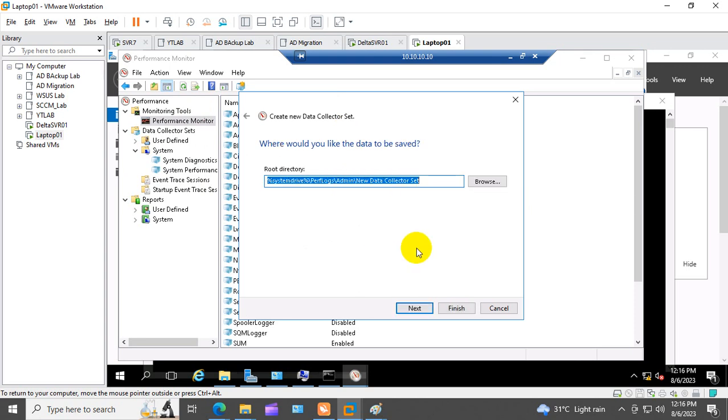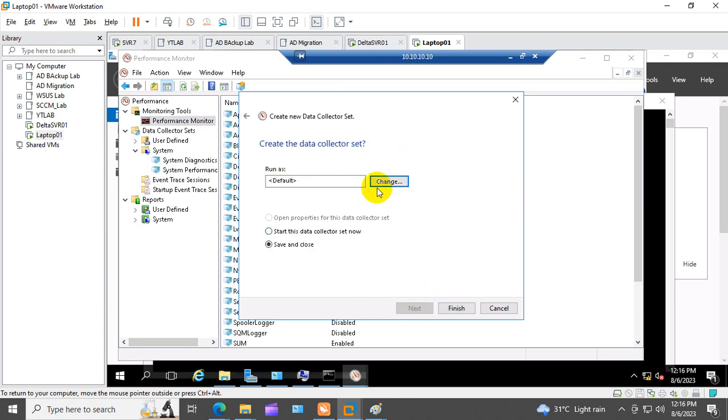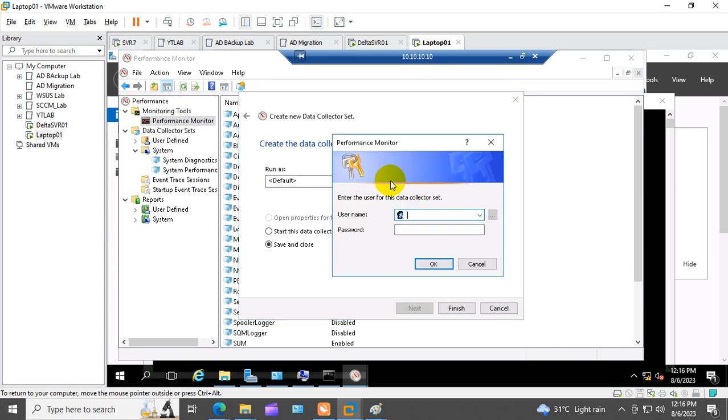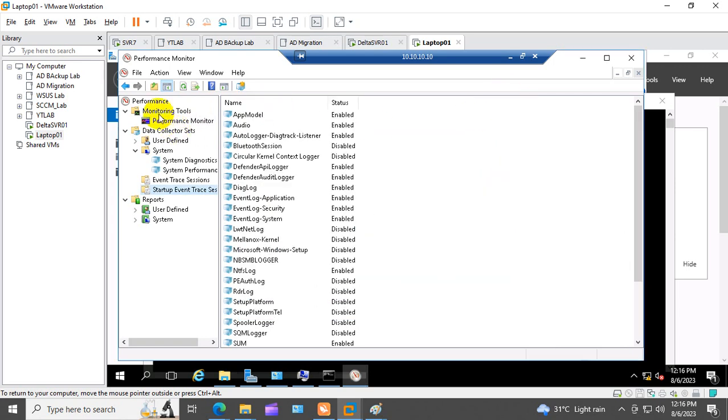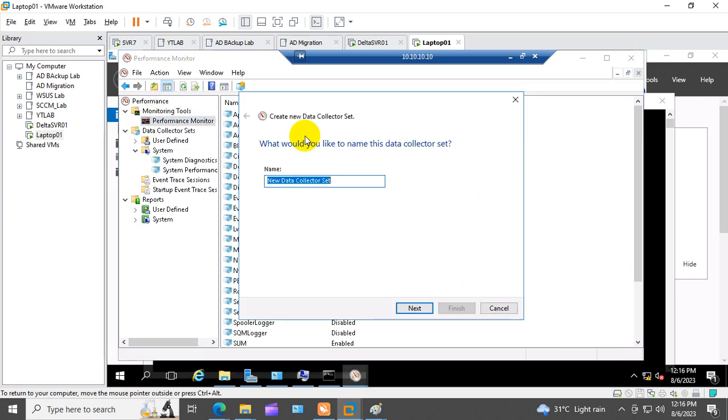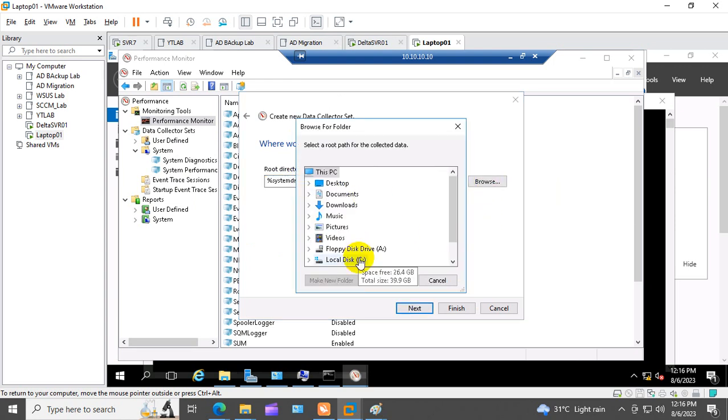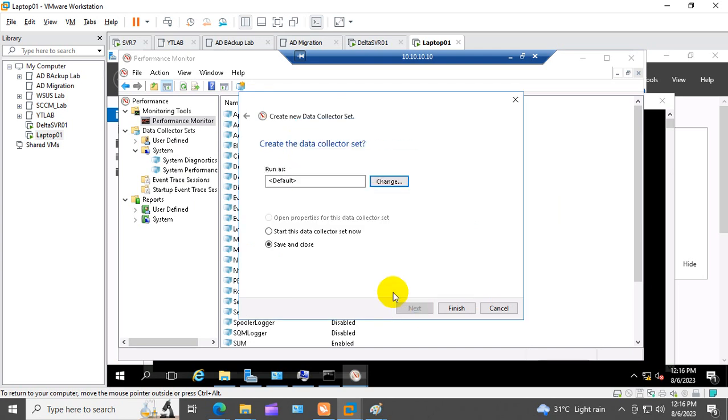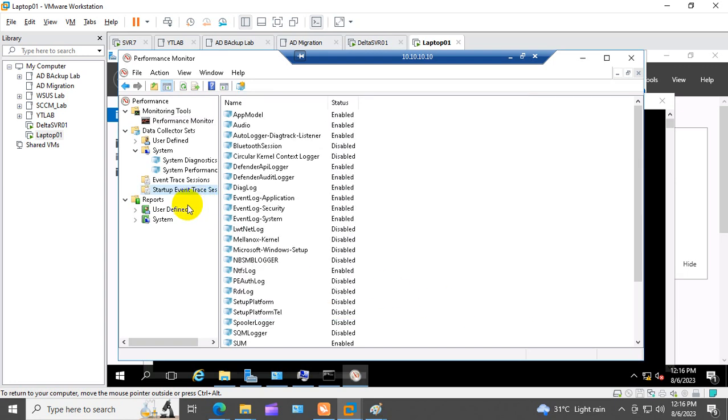So how to use it, for example, for a particular service, how we can set the collection set. Click on change. The server is not in a domain, it is creating a problem. So right click on performance monitor, click on new, click on data collector set, put your data collector name, next, root directory. Here it will be created, or you can set it on your C drive. Start this data collector set now and finish. After it is created, okay,